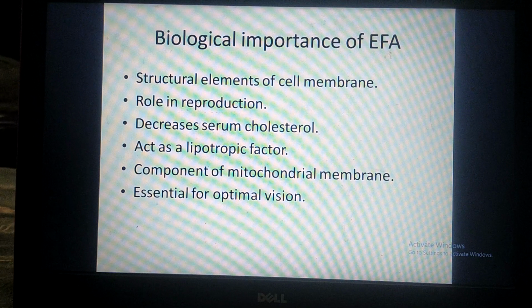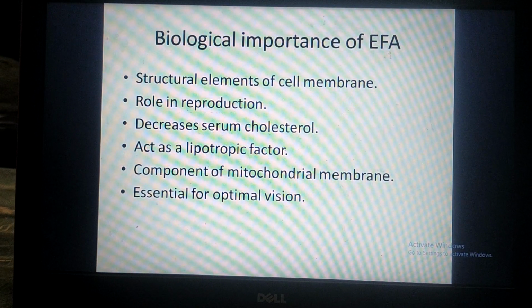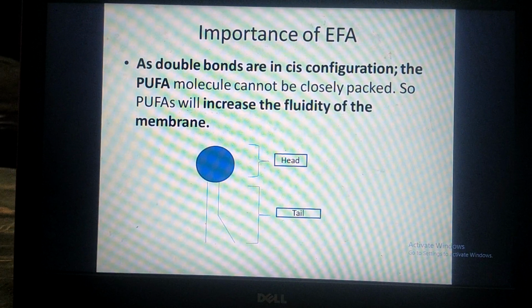In case of deficiency of essential fatty acid, the optimal vision is diminished. The double bond present in the polyunsaturated fatty acid has cis configuration, and due to this there is bending in the chain of essential fatty acid. The diagrammatic representation is shown in the slide. There is some bending, and due to this bending in the essential fatty acid